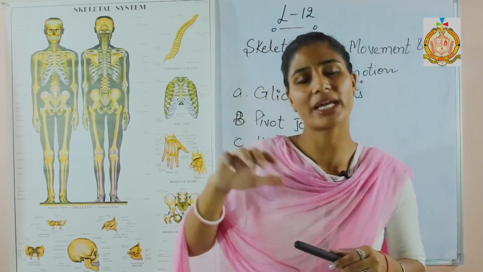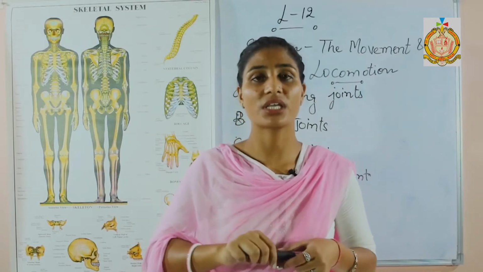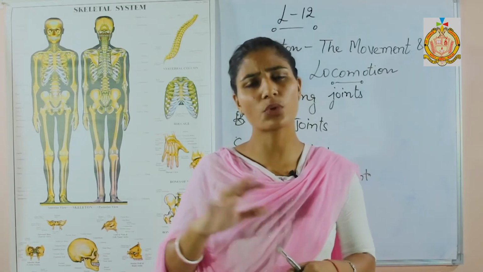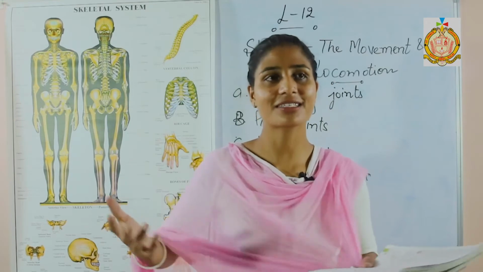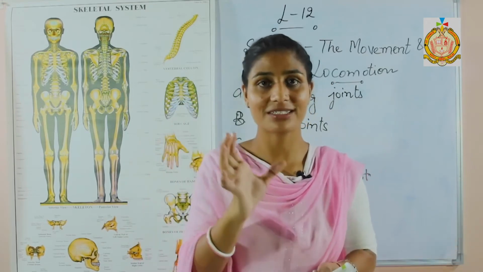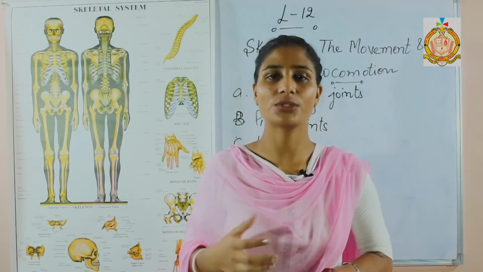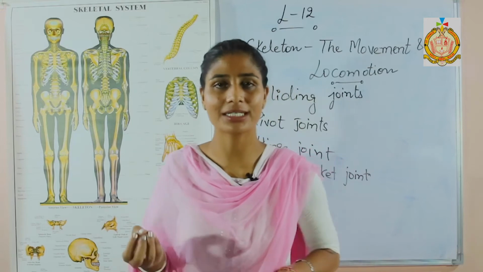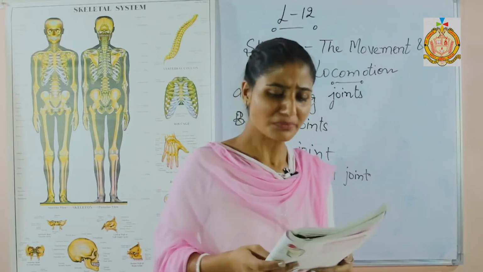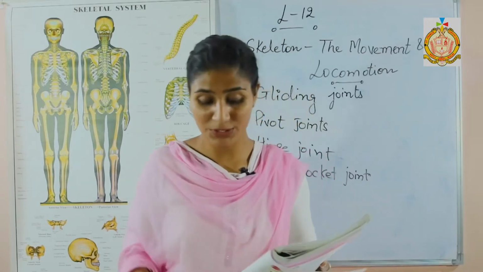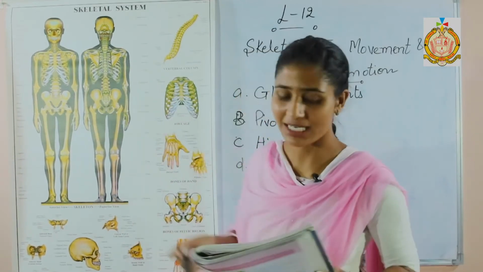We can move it up to an extent. Okay, we are able to show several angles, as well as some kind of movements. They are totally free of movement, but don't do any other hard things. It has a restriction also. No doubt the movement is free, but if you do some other things with it, sometimes there are chances of fracture of the bones too. So the shoulder joint as well as the hip joint are also known as ball and socket joints.